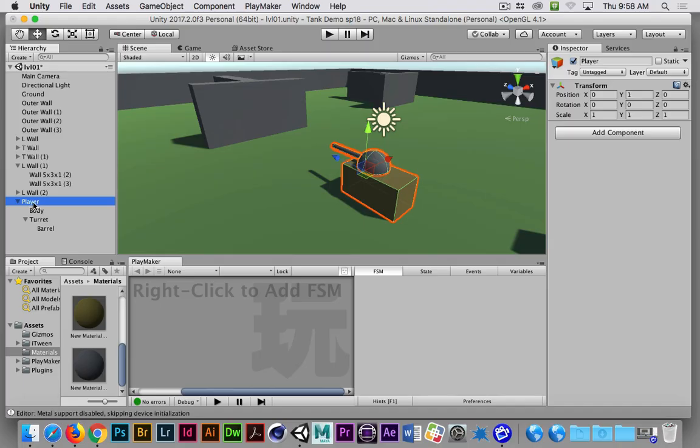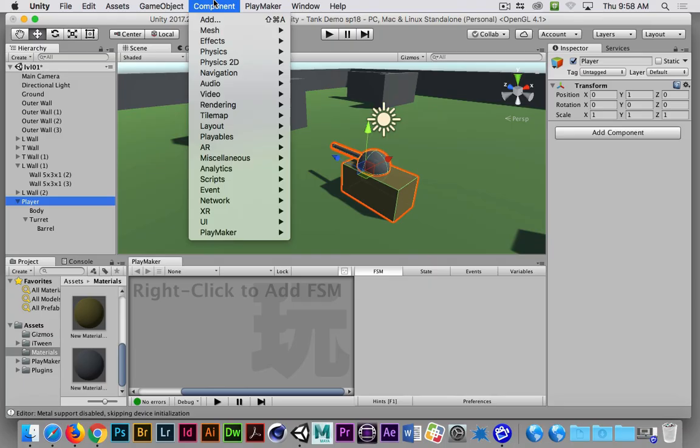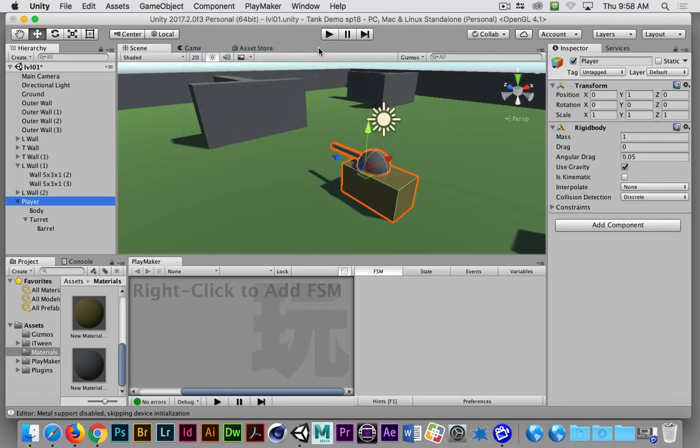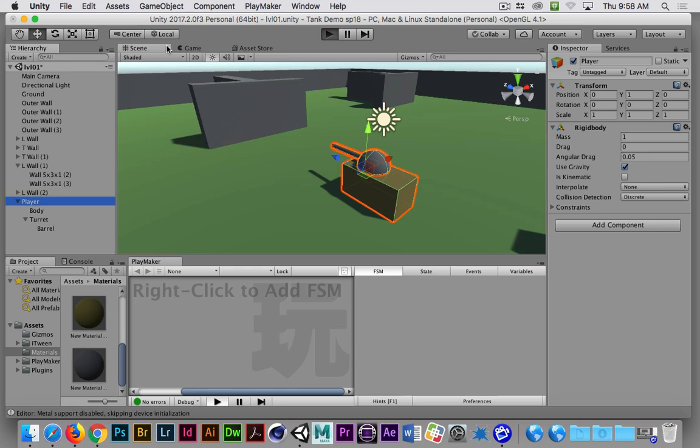Now I have an empty game object, which is the player, and the contents of my player have colliders, so things could get pretty weird pretty fast. The parent object, I'm going to choose Component, Physics, Rigidbody, okay? Now, if I hit the play button and go back to the scene, I wouldn't be surprised if this game object itself fell to the ground,